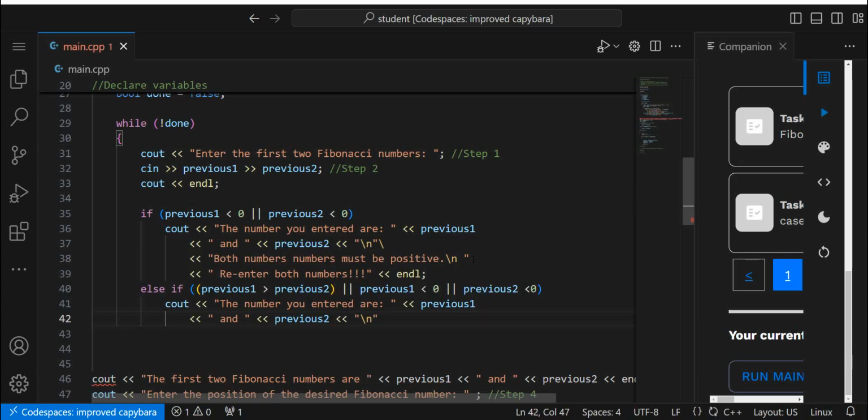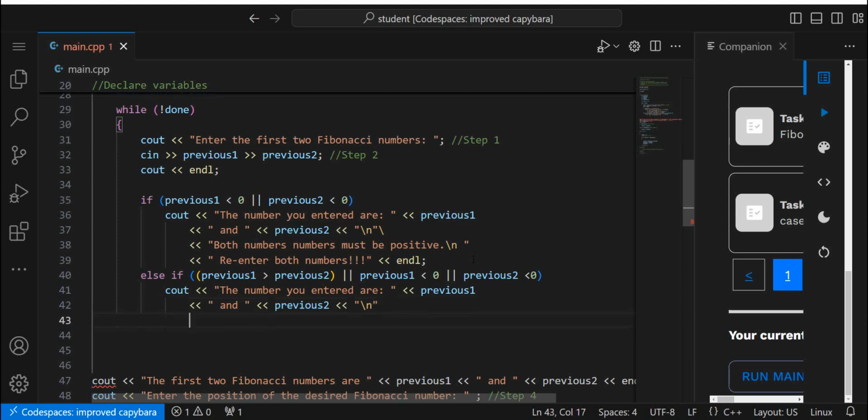Let's just do in. Like that. And the first number, let's go over again. First number must be less than or equal to. Space,